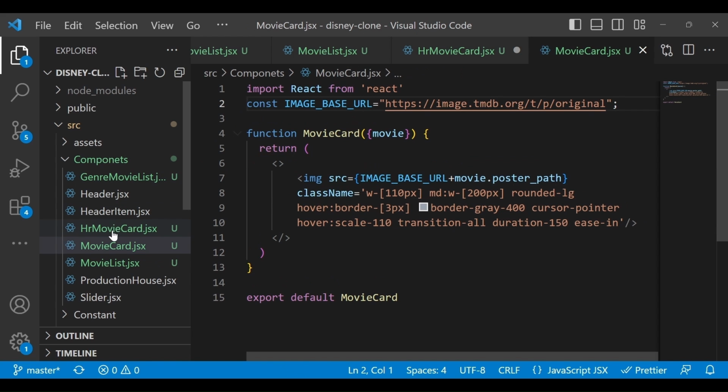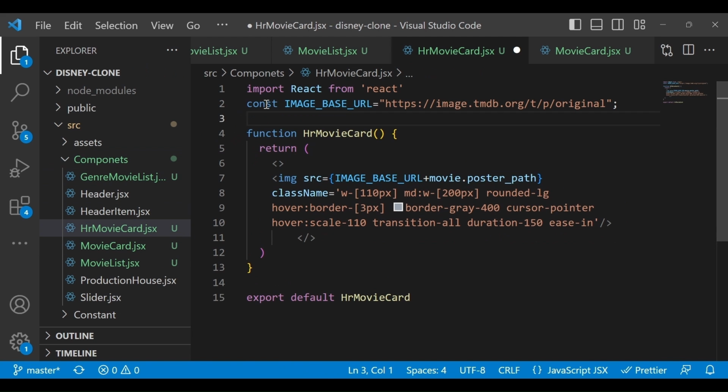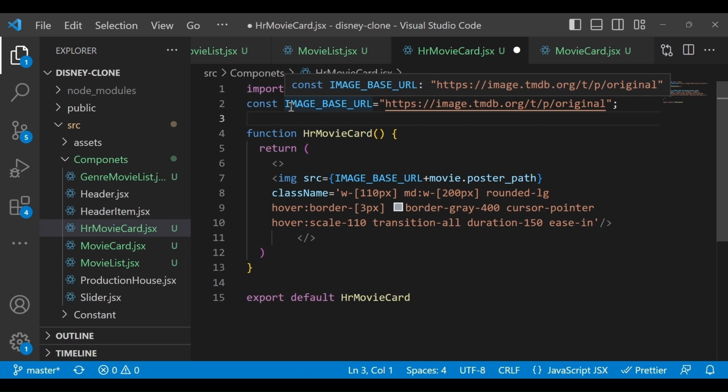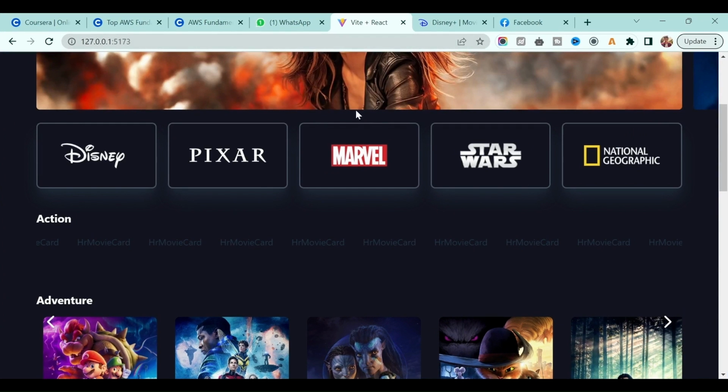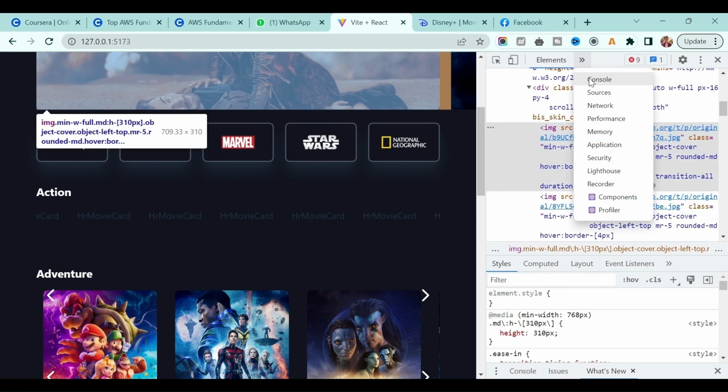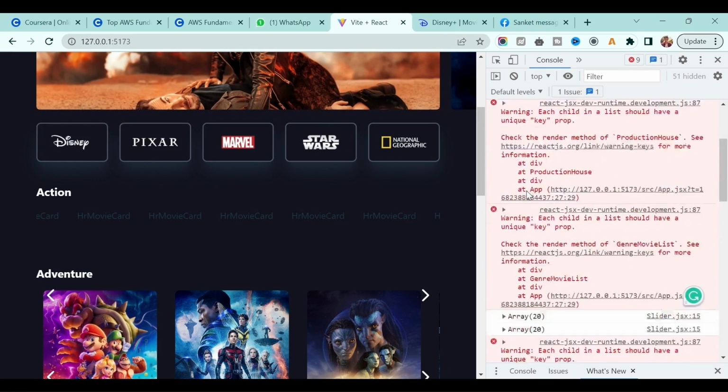You can define this base url in some constants file, so that you don't have to define it every time in each component. But for now we will define it like this. And here, instead of poster path, if we go back to our console, let's go to the console, here you will see this array, right?